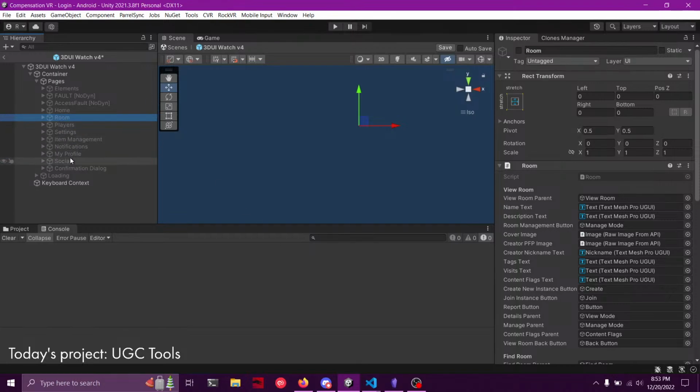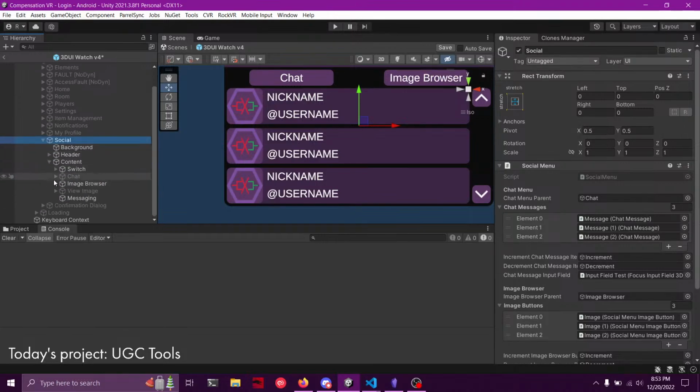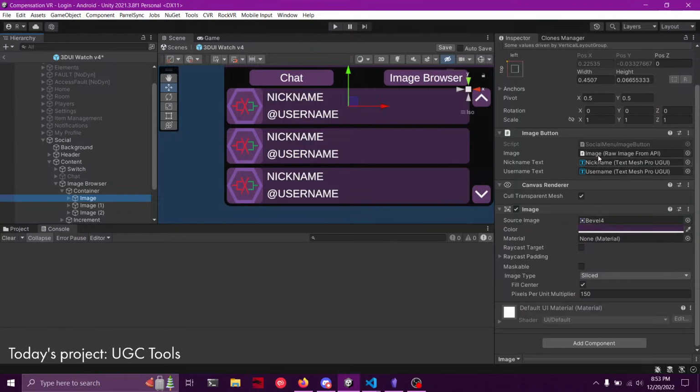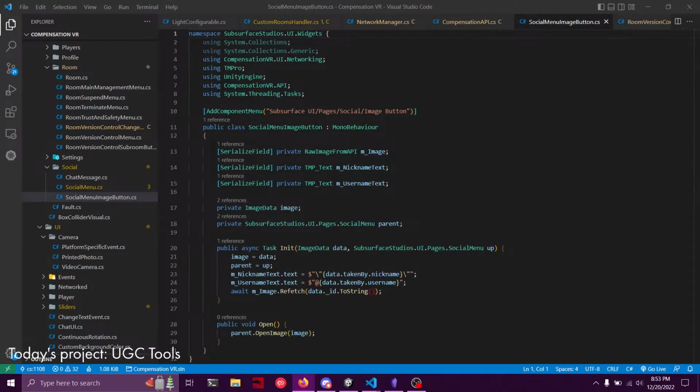So this is under the social menu, content, image browser, container, and then this has image button. Nice. So I love when my assertion method just doesn't exist. Right. So